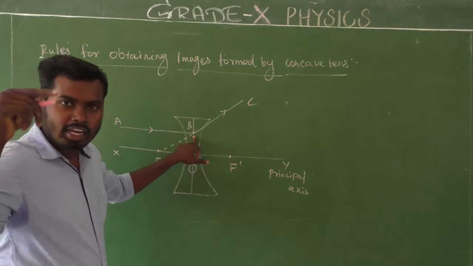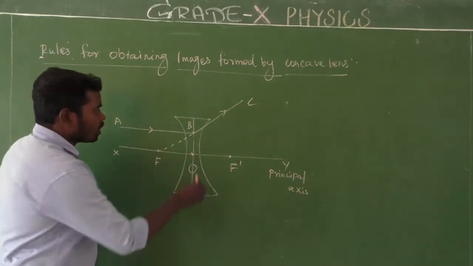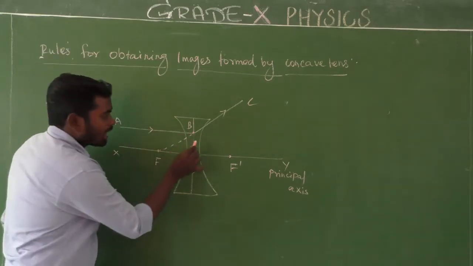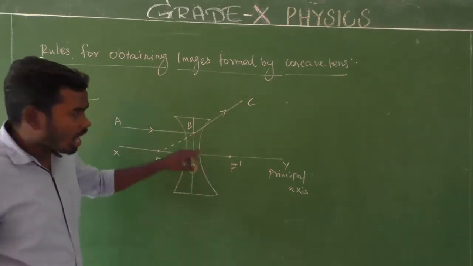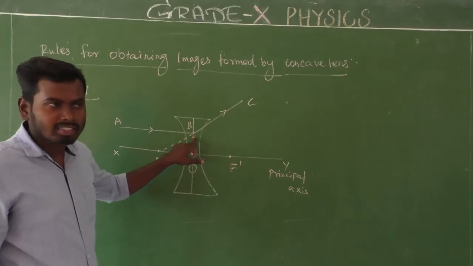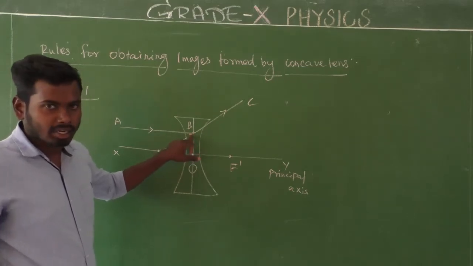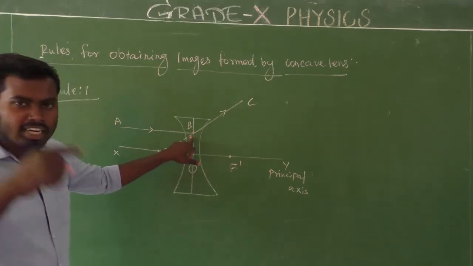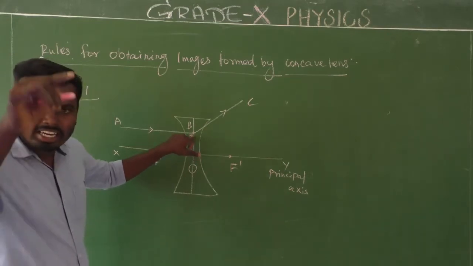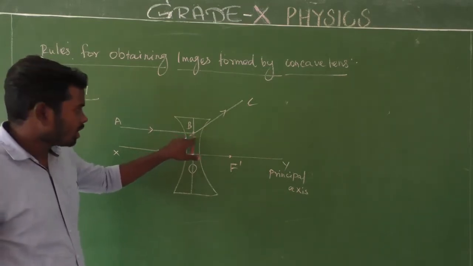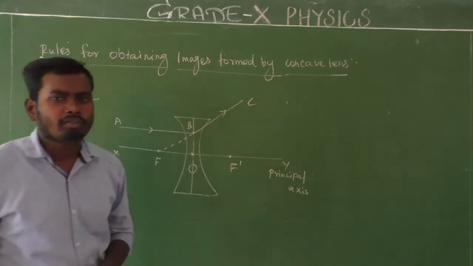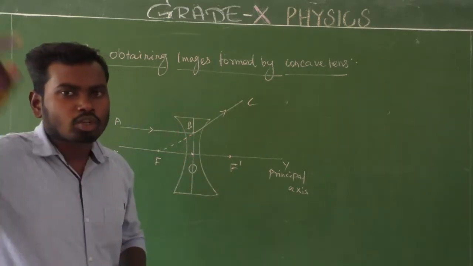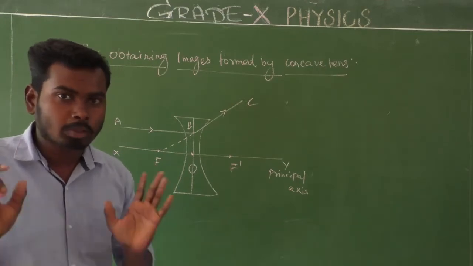It has to enter into the concave lens. Here, this ray of light falls inside the concave lens at the point B. Is it clear? So refraction takes place at the point B, inside the concave lens. So after refraction, what will happen? After refraction, the direction of that ray of light should change. That is the refraction principle.